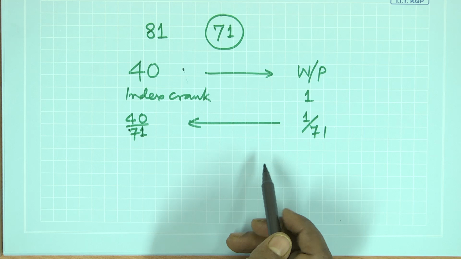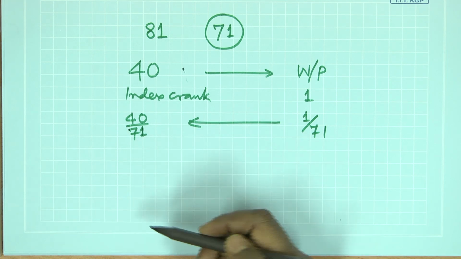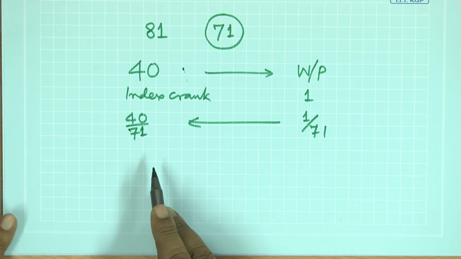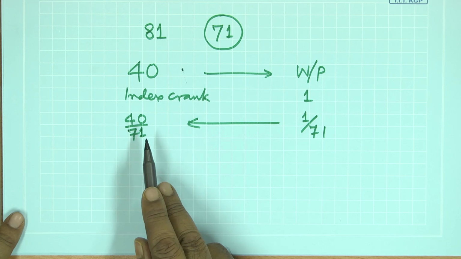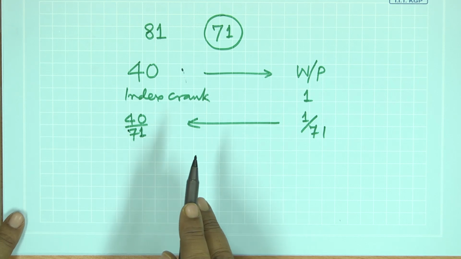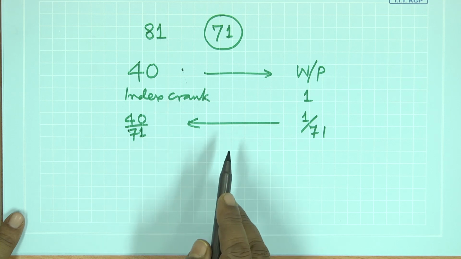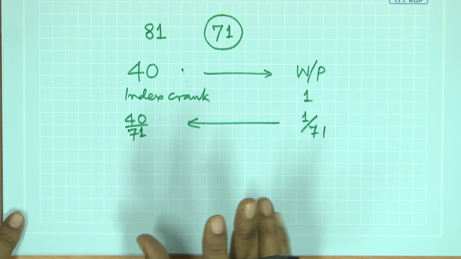Why? Because we cannot simply accommodate all the prime numbers into the index plates. Index plates have a series of holes present on them. So, if that is happening, we have to go for something like differential indexing, and in differential indexing we have a gearbox with the help of which we give a different rotation to the index plate. So, the index plate is rotating, the index crank is rotating. This differential motion gives rise to the required motion that we want to have.